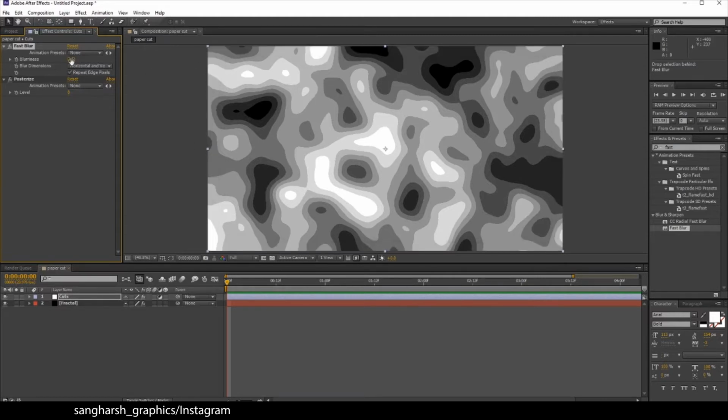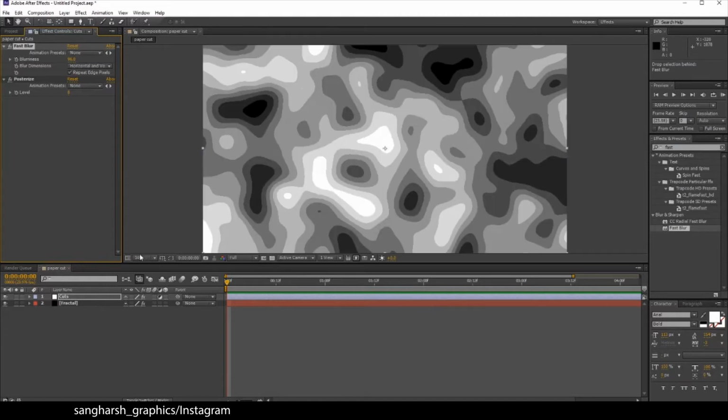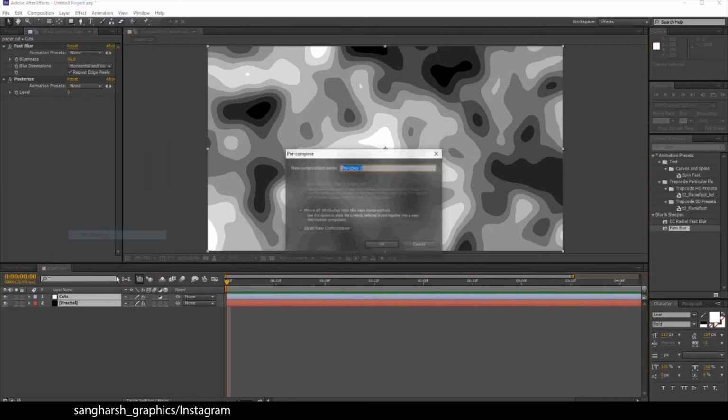You can always change the value. This seems perfect for me. Now select both of the layers, precompose them, and name them fractal map.